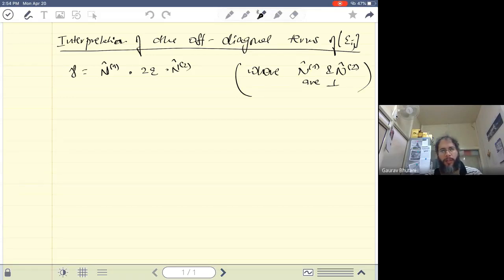So this was where we defined gamma, and later when we took n1 and n2 as the coordinate directions, we got epsilon ij instead of just epsilon here. But remember that n1 and n2 can be any two perpendicular directions that we desire. So we also know that the principal directions of a second order tensor are mutually perpendicular. So we can take